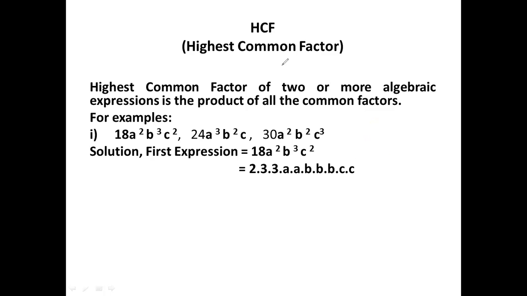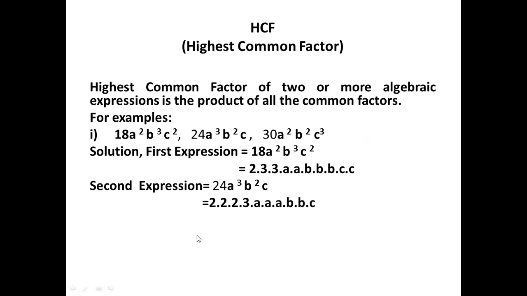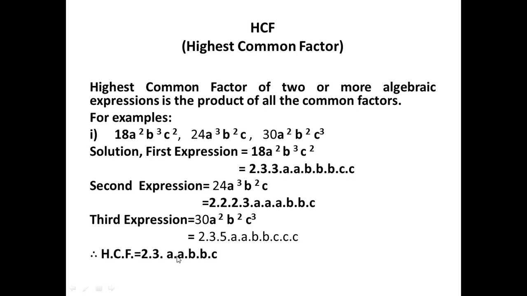Similarly, a square means a into a, b cube means b into b into b, c square means c into c. Similarly, factorize the second algebraic expression, and factorize the third expression also. And now from these factors, we have to select which are in the first expression, also in the second expression, and in the third expression also. What are the common ones? Write them here. 2 is in all, here, second and third also, and 3 is also here,